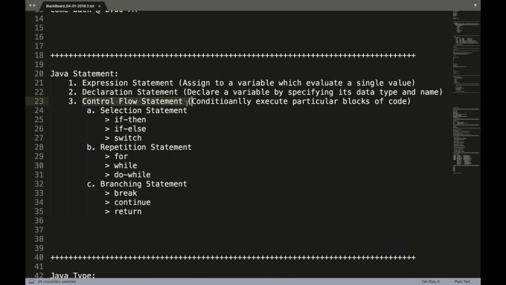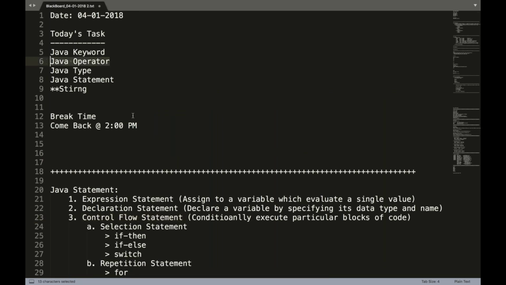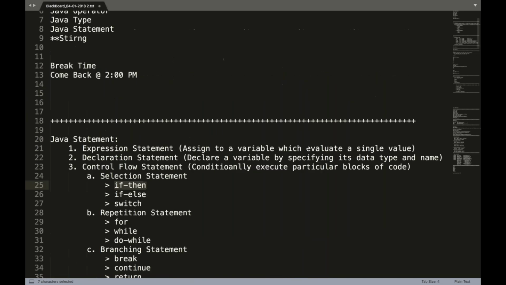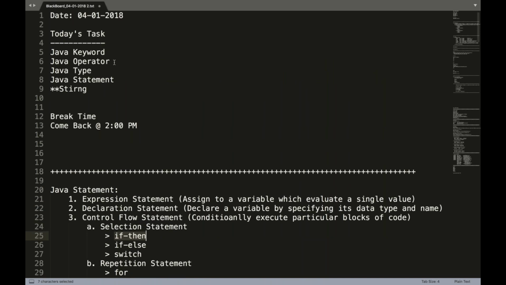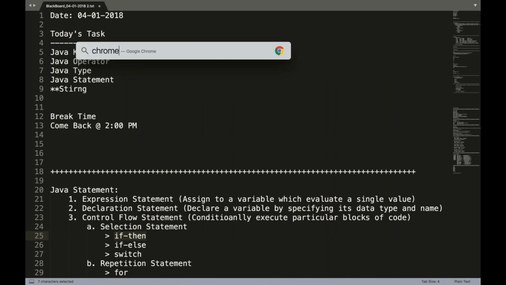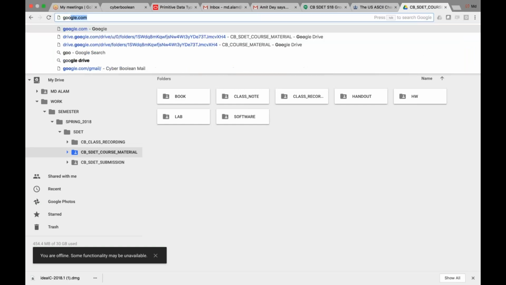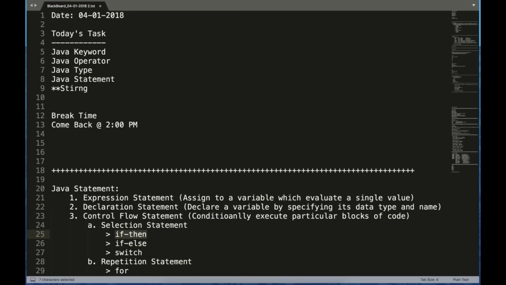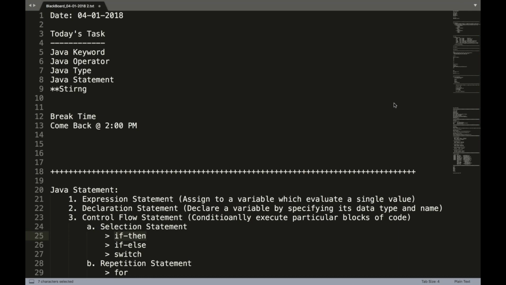Now, before moving on to Java operators, which was part of the discussion, by the end of this session we will try our best to show at least how an if statement works. So if you want to know about